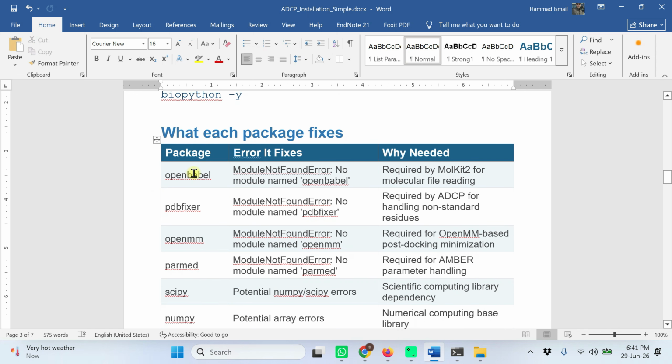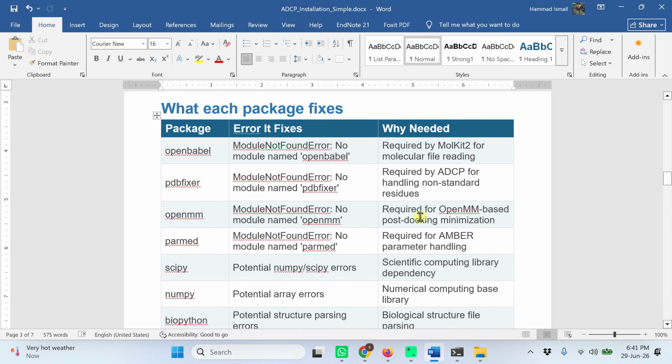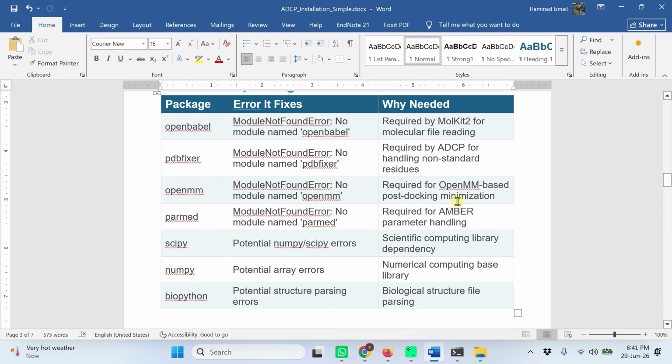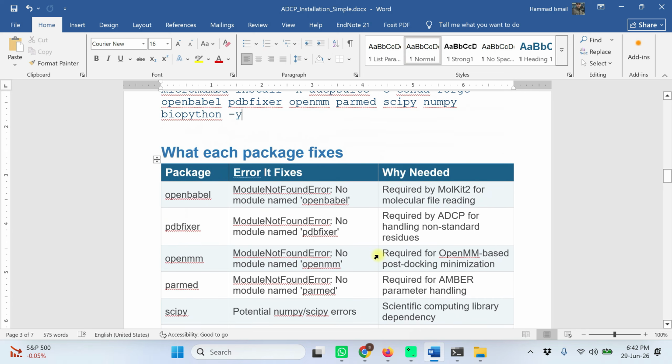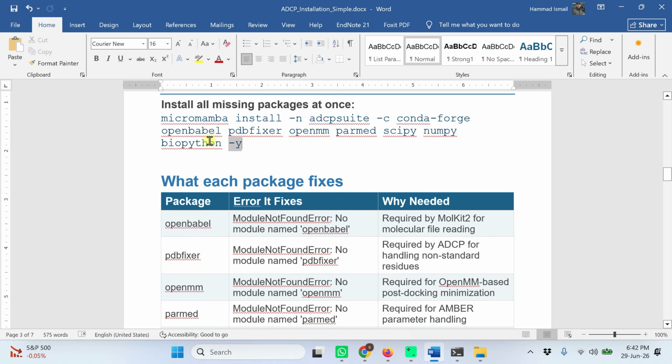This is OpenBabel, which is required for Molkit2 for molecular file reading; PDBFixer, which is required for ADCP handling of non-standard residues; OpenMM, which is required for post-docking minimization; ParmEd, which is required for AMBER parameter handling; SciPy, which is a scientific computing library dependency; NumPy, which is a numerical computing base library; and BioPython, which reads the biological structure files. So you can install all these libraries using this single command.